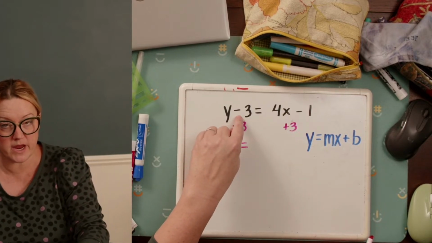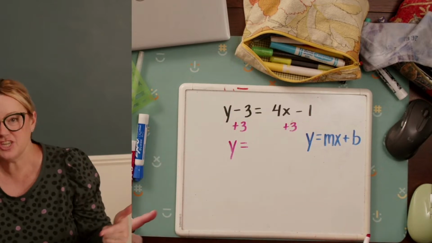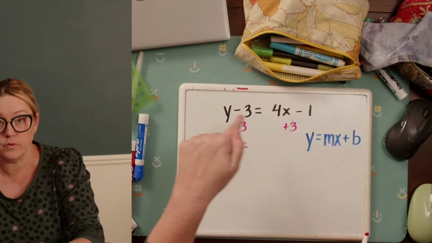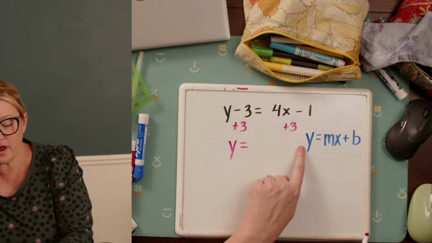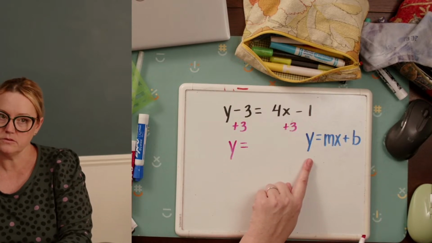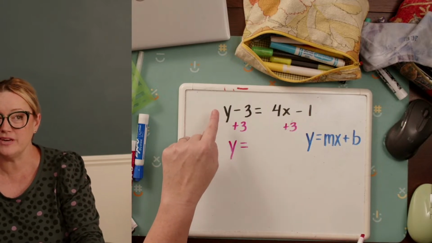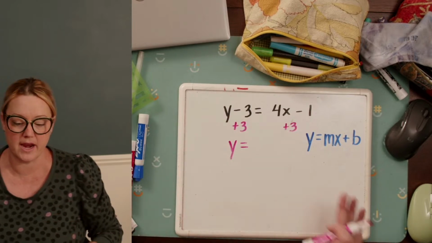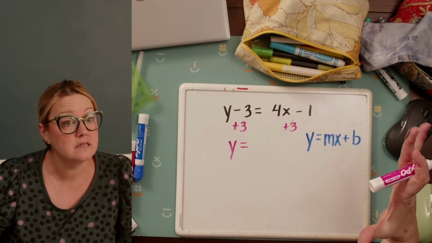Y minus 3 is 4x minus 1. So I can't just add 3 because then it wouldn't be the same thing, right? So I'm going to add 3 to both sides to keep it balanced. So you always want to try to get the y by itself in this case, right? Whatever you need to do to get that y by itself, and then x just kind of goes along for the ride, right? Everything over here just kind of ends up being whatever it is,